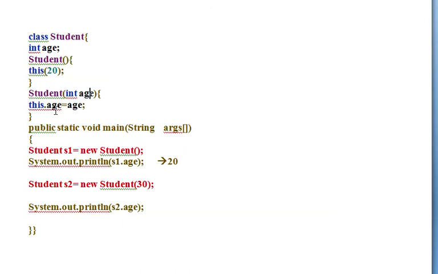Now the instance variable's value will be 30. When the control comes back, system.out.println s2.age. Mind it, here we have used s2 because s2 was used to make the call to the parameterized constructor. So it will give you the output as 30.